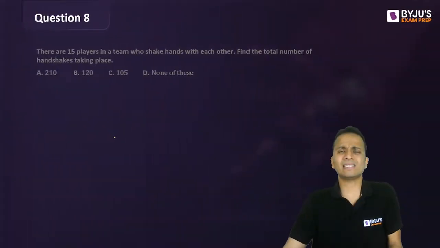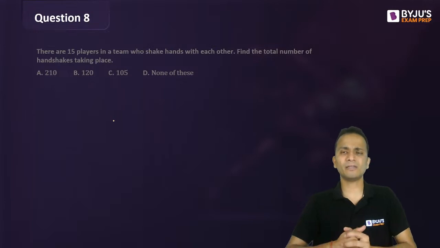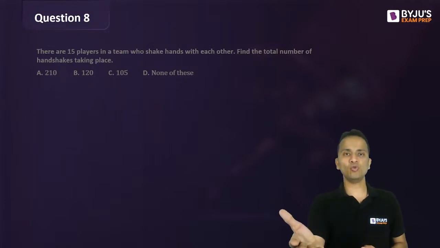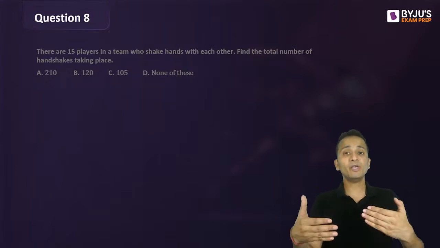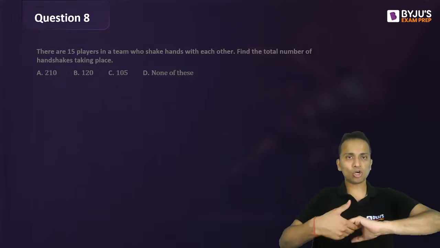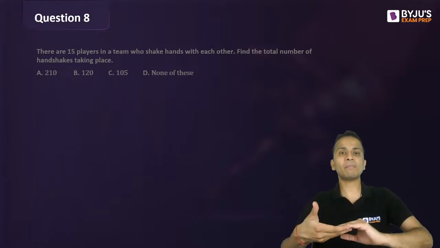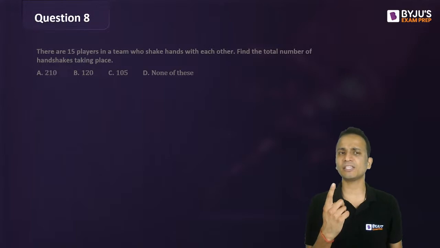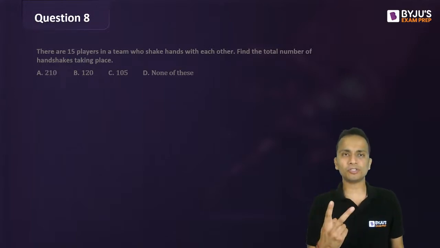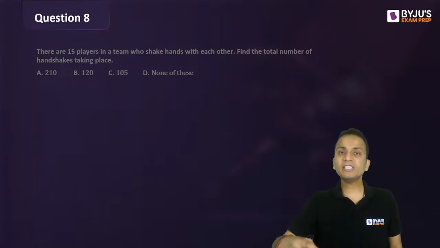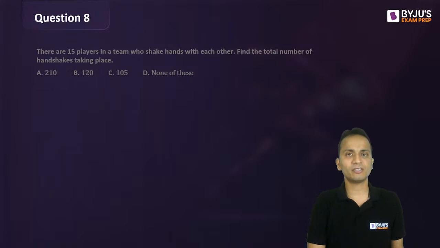Let's look at the concept in a simpler manner. Between any two persons, so let's say me and you, between me and you, there will be only one handshake. I'll not call it two different handshakes. So your hand and my hand, number of hands are two, but handshake is one. So between two persons, there will be only one handshake. Okay. So if I select any two persons, between these two persons, there will be one handshake, right?